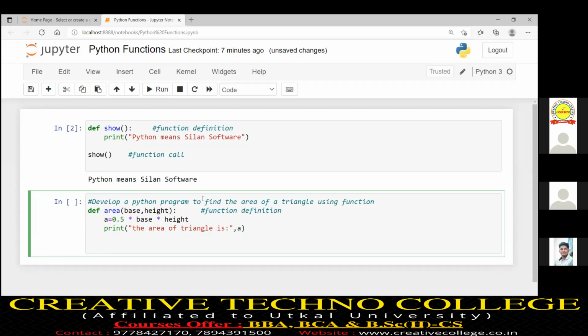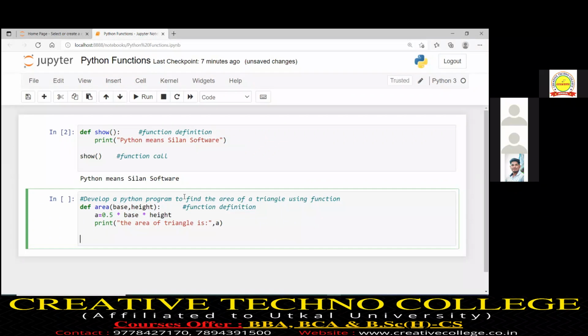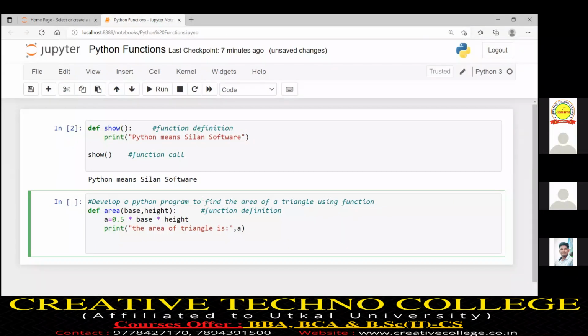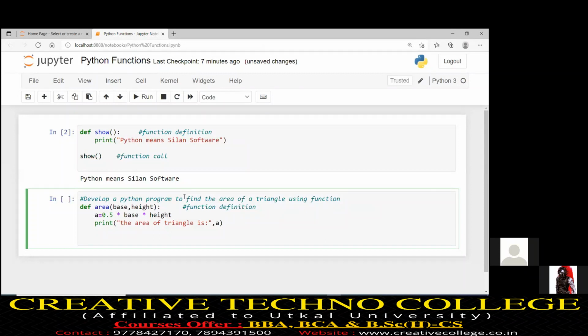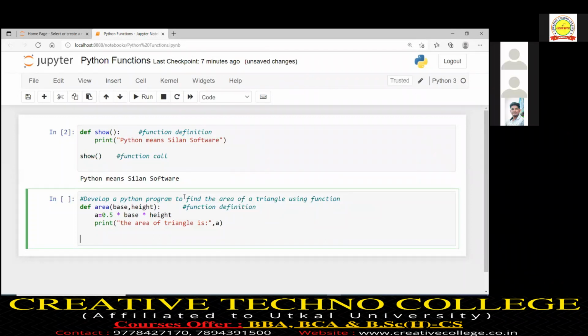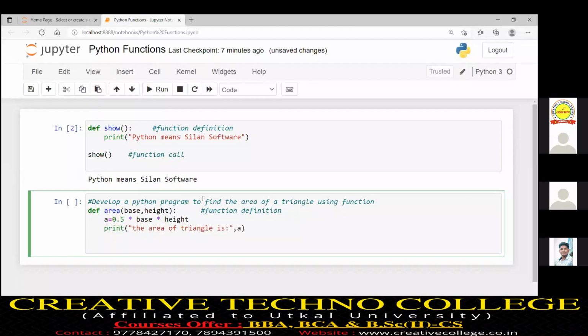Now I came out from the function. This function definition represents a task. The task is the area of a triangle. Within the bracket, I defined a function, and the name of the function is completely user defined: Ramo, Damo, Samo, whatever you take, there is no problem. Within the bracket, base comma height, I have written the number of inputs in my problem task, and that number of inputs is the number of arguments.